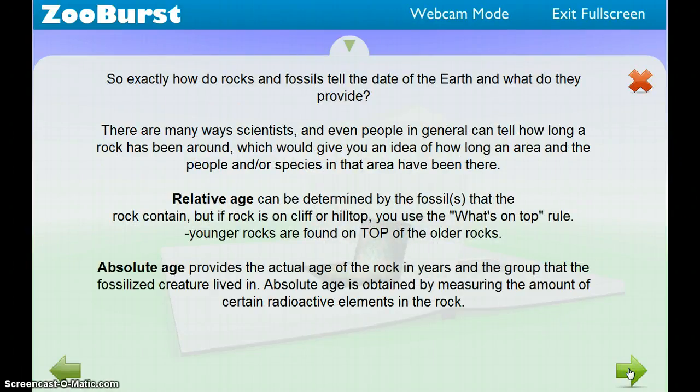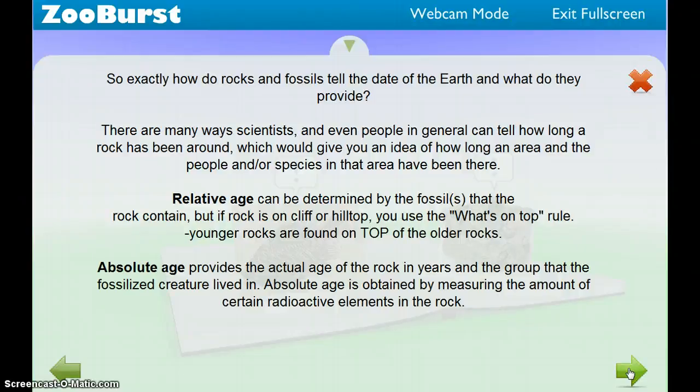So rocks and fossils provide us with two different things. We can either get a relative age, and then we'll use that to get us an absolute age. A relative age is just close. It just lets you know that